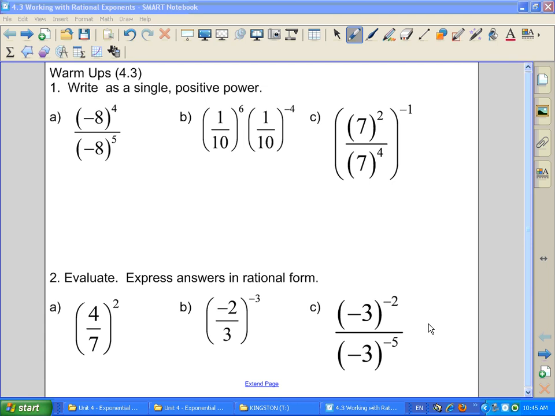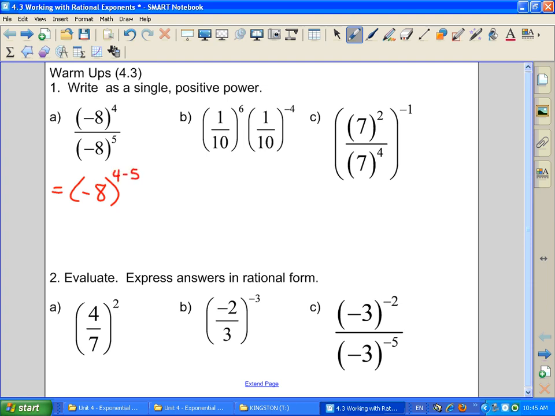laws. Okay, 1a, looking at our base. Our base is -8, and our division law tells us that we need to subtract these. So it's going to be 4 subtract 5, which equals -8 to the -1. Remember, folks, to express as a single positive power, we always take our negative exponent and flip the fraction and make the exponent positive. And remember, folks, that you can never have a negative as a denominator, so either bring it out front or